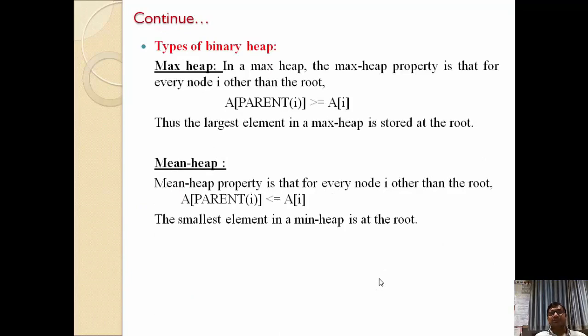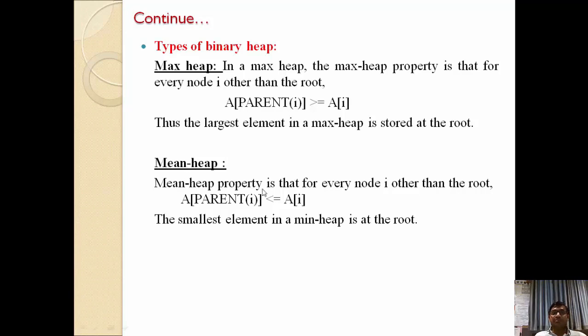So let us discuss basically two kinds of heap tree. One is max heap and the second one is min heap. As we discussed, in our max heap the parent node must have a larger value than the child node, whether it is a left child or right child, right? A leaf node has no child, so no need to check, but every internal node, every parent node must have a larger value than the left as well as right child, so that the maximum element will automatically be on the root node.